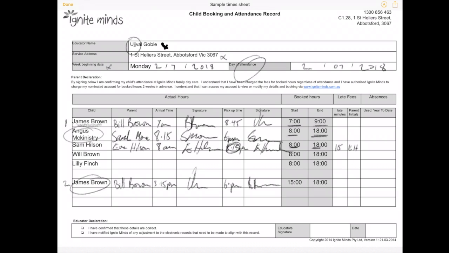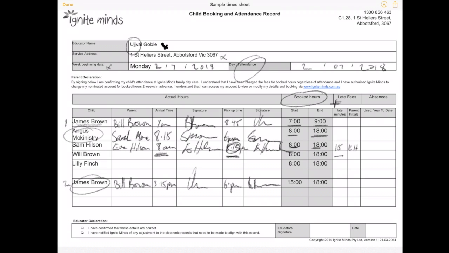Alternatively, and we understand that many educators don't like charging late fees, so if you don't want to charge late fees, just do a dash, and we'll know that you're not charging late fees. It's still really important that the actual arrival time and the actual pickup time is correct, because this is a valid record for insurance and all sorts of other reasons why you have to make sure that they are the actual arrival and departure times. But when it comes to billing, we will always bill by the booked hours plus any late fees as initialed down here. Okay, so you fill this out for every child, and this is just for the day of attendance,